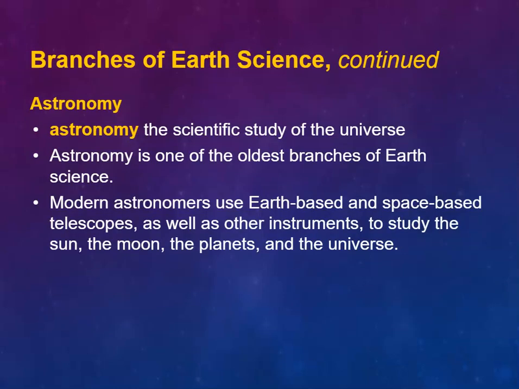The last branch of Earth science is astronomy. And this one's really, really simple on your notes. It just says, astronomy, study of the universe. Astronomy is one of the oldest branches of Earth science. And modern astronomers use Earth-based and space-based telescopes and other instruments to study the sun, the moon, the planets, and